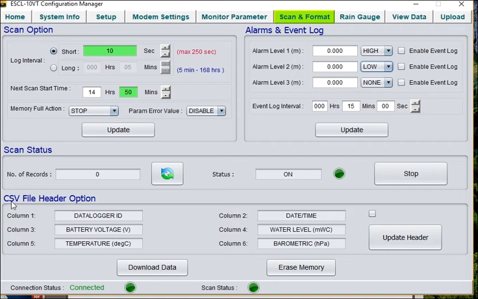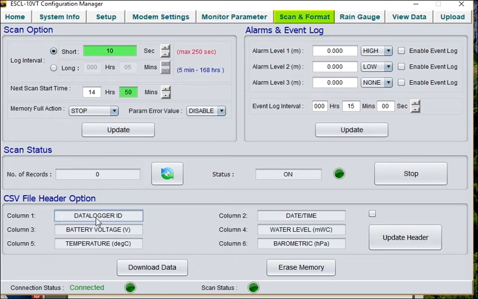There is a CSV file header option. Now, this is just an indication, just a detail on how you will get the data in the Excel file.